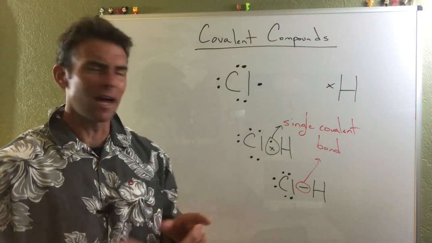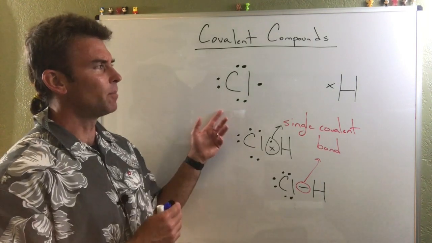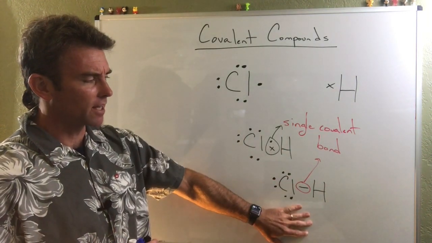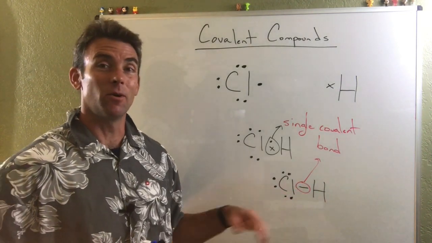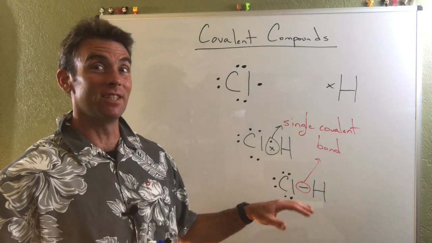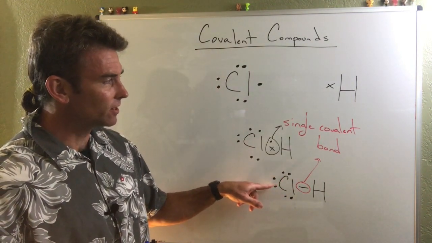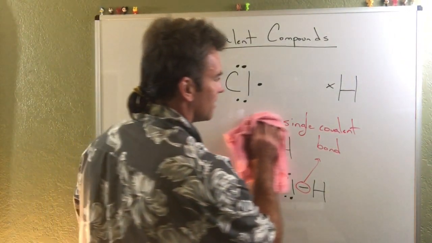But before we get to that, I did want to mention another example of what chlorine could do, right? So here we've satisfied all of our octets. We've got a molecule, by the way, this is hydrochloric acid, also known as muriatic acid. Super fun stuff to play with, really strong acid. So anyway, let's look at